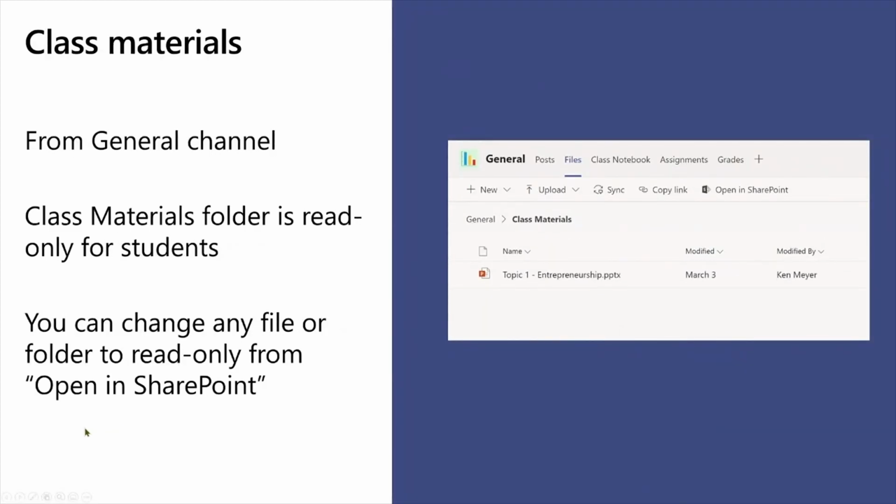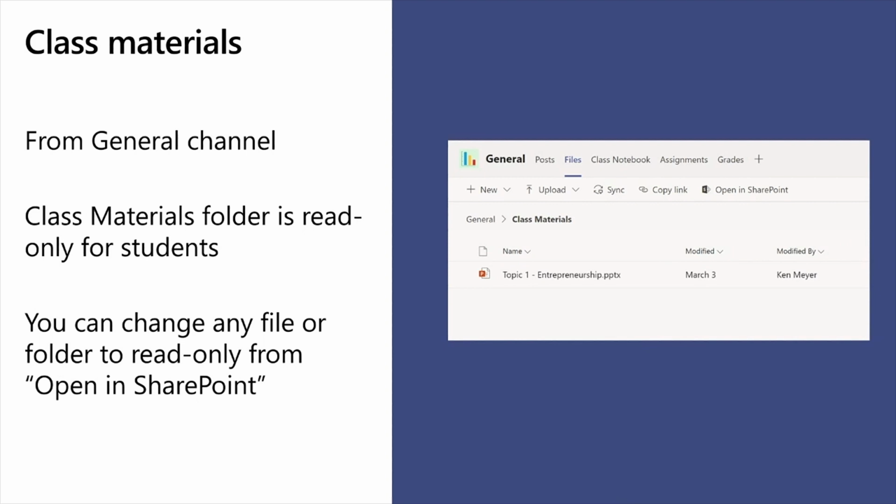When we are talking about delivering, and we talked about the class team, and Dominic mentioned the class team that you might have, you'll notice that in the general channel there is a folder that's created automatically for you with the class type, called class materials. That class materials folder is exactly as it says. It's somewhere where you can put all of the materials for the course, for the upcoming weeks. You can create new folders in there. You can do whatever you want with it, but everything that's put in there is read only.